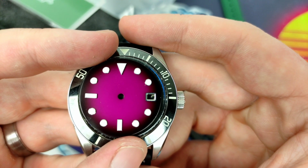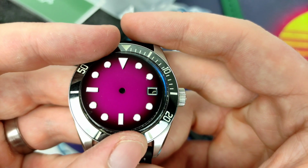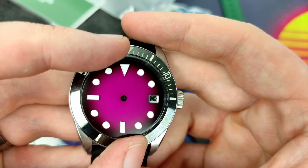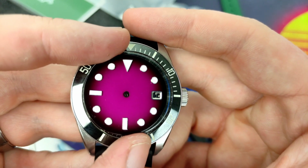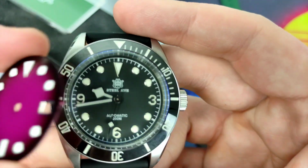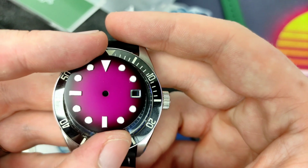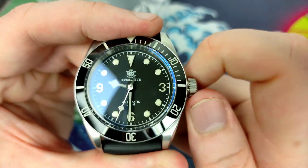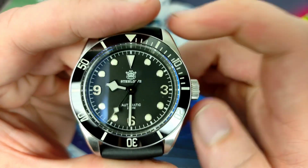Again, I'll probably put a purple strap on as well. A purple strap onto the watch, I should say, before anyone makes any funny comments. But yeah, there you go. That's what the finished one will hopefully look like with Submariner hands, not Submariner hands, the snowflake hands, I should say, attached. Now, I am a sucker for snowflake hands,